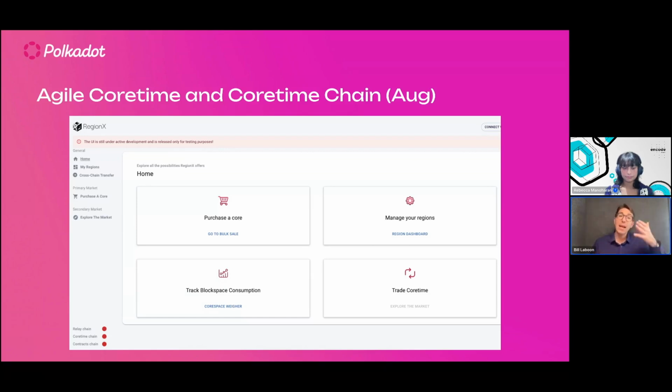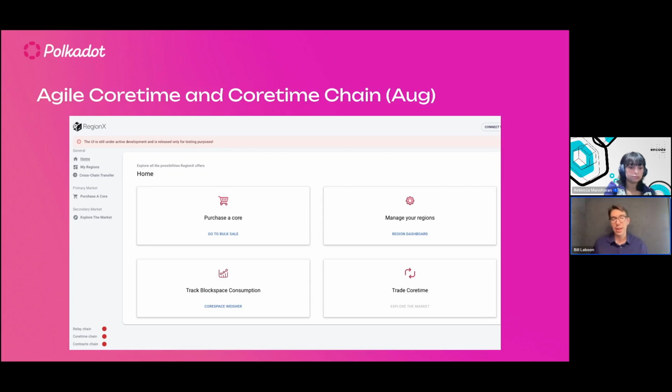So what this means is essentially connect your parachain and have it be verified and validated by the relay chain. And you can do this immediately. You can do this as bulk core time, so purchasing a month at a time, or you can do it on an instantaneous basis. So you just need one block validated.